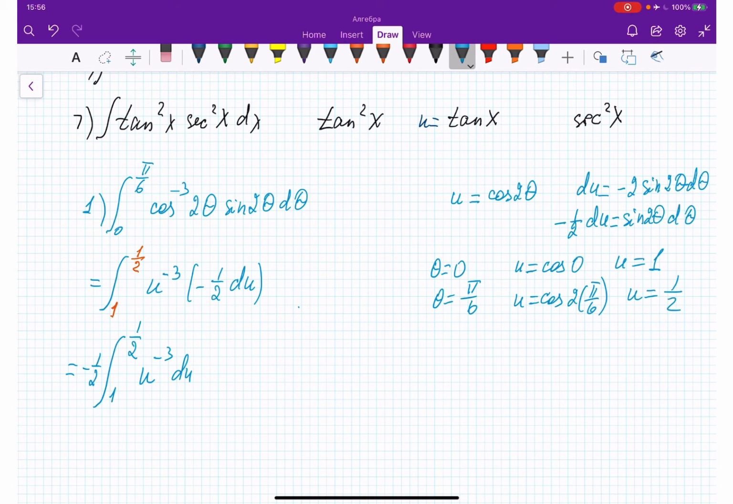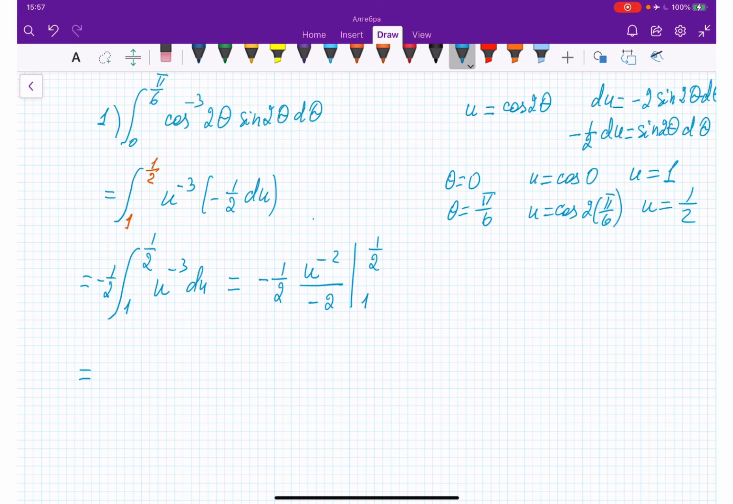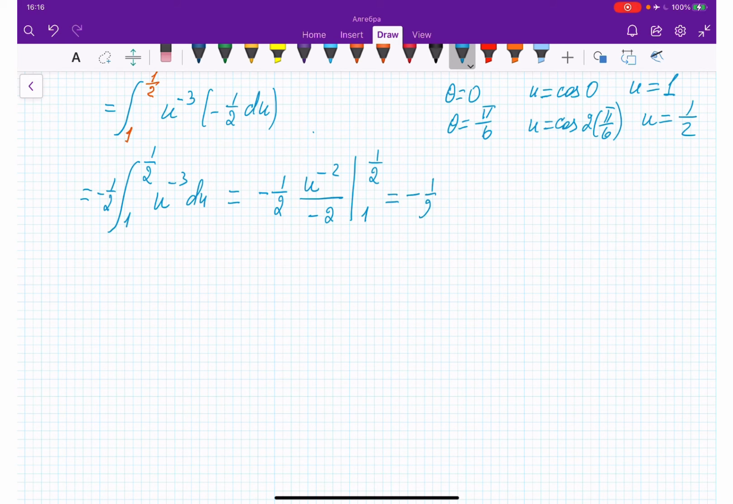Okay, and from here we are getting negative 1/2 and u to the power negative 2. We're taking the integral, so negative 3 plus 1 is negative 2, right? Over negative 2. And the upper and lower boundaries are going to be 1 and 1/2. Okay, so this is going to be equal to negative 1/2. Let's move the negative sign of the denominator and put it in front of the fraction. It's going to be 2u squared, 1 and 1/2. So this is going to be equal to negative 1/2 times negative 1 over 2 times 1/2 to the power 2 minus 1 over,